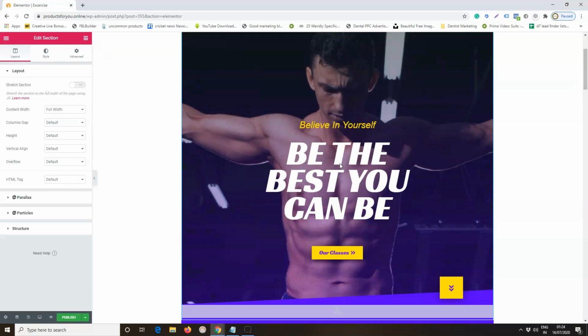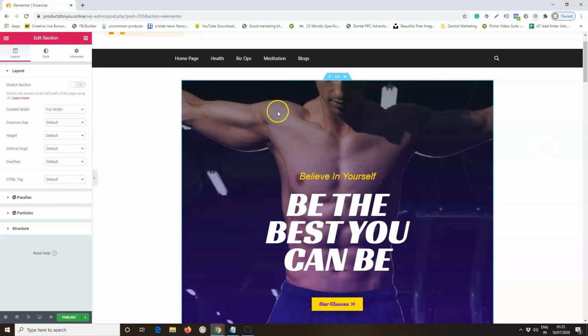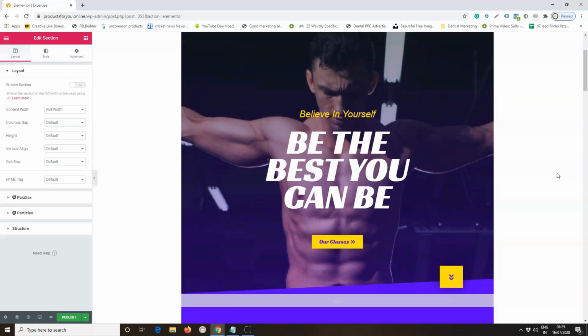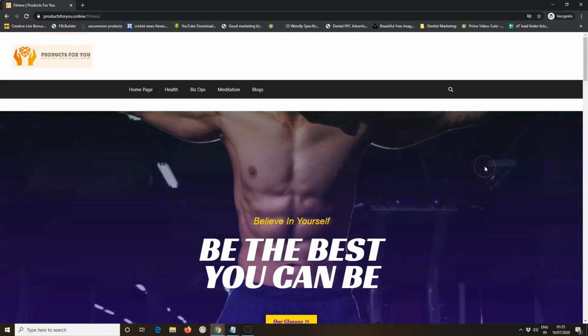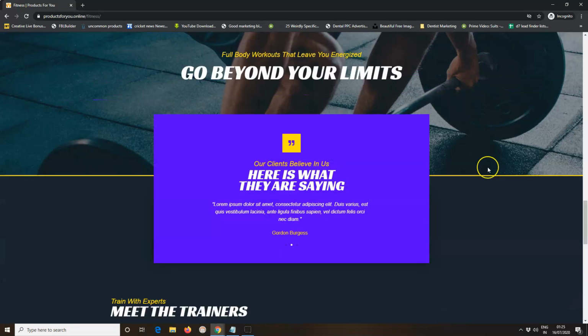As I mentioned earlier, every web page by Elementor is divided into sections. This is how a section looks, and you can see it says edit section. Currently it is in a box format, so there is a lot of white space. It is a personal choice, of course, but I like my website to look like this. It is a full page website. It looks stunning on desktop.